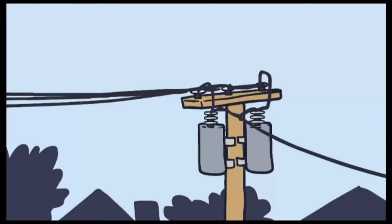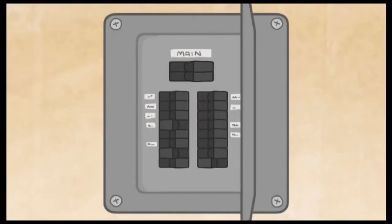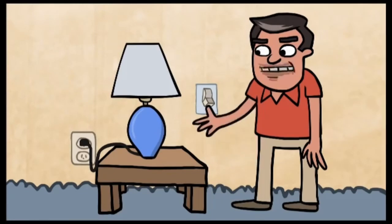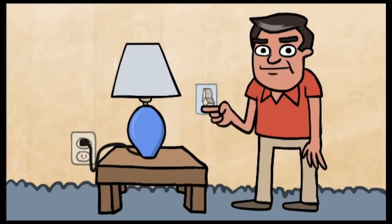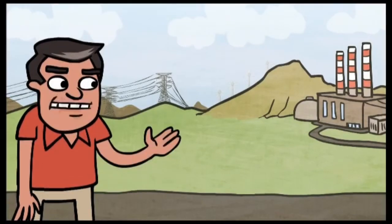The electricity from the power line on your street passes through another transformer, which steps down the voltage once more, and then it travels along the line into your house. From there, the electricity enters your breaker box, and it is then distributed to light sockets and outlets. All you have to do is flip a switch. So, as you can see, from the raw materials to the power lines on your street,